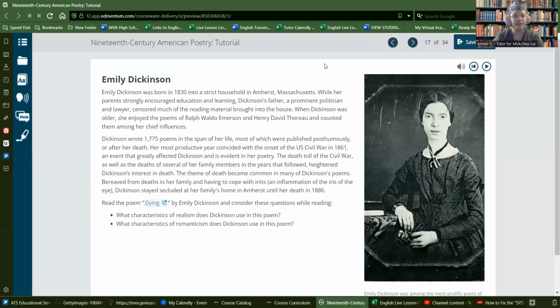And they have a couple questions here that they want you to consider while reading. It says here, what characteristics of realism does Dickinson use in this poem? And what characteristics of romanticism does she use in the poem? So that tells you right there that there's the possibility that she uses a little bit of both. Now I want to pause here